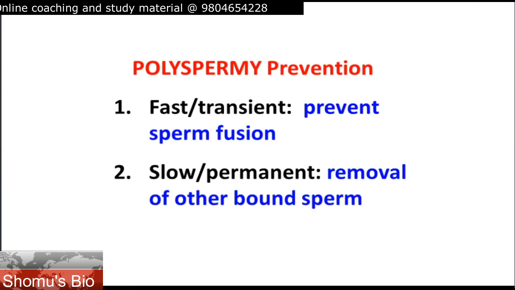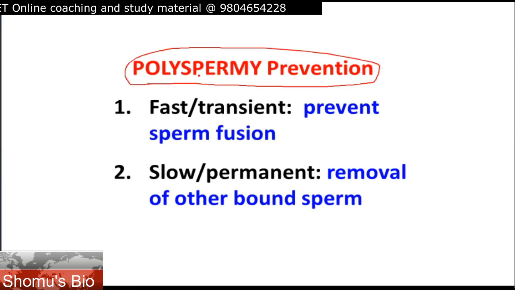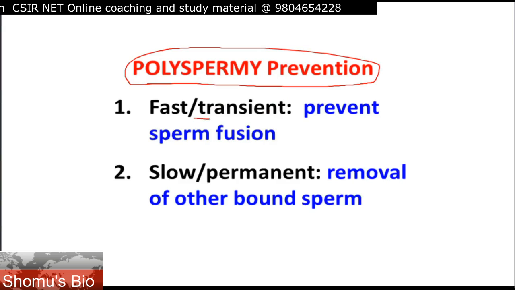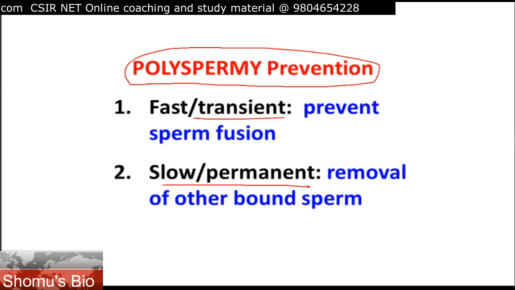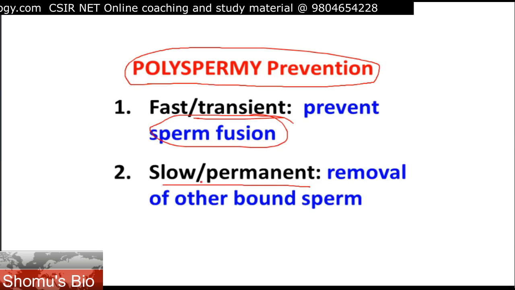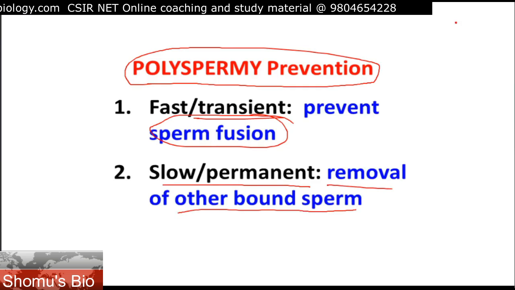Now the idea of polyspermy. So this process of acrosomal reaction that we discussed earlier is one step towards polyspermy prevention, right? Polyspermy prevention is done in two different stages. One is a fast but transient step. The other one is slow but permanent polyspermy prevention. The fast one prevents sperm fusion. The slow or permanent one removes any other bound sperm. Because remember one thing,